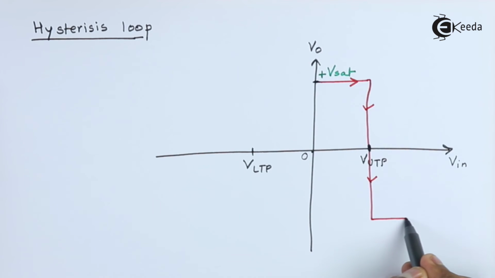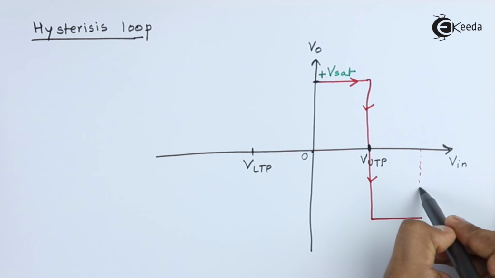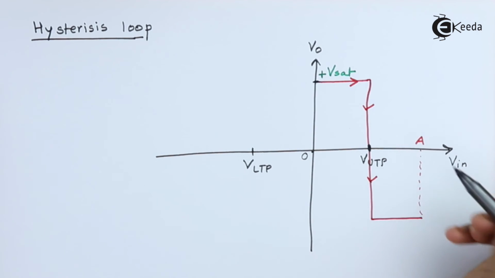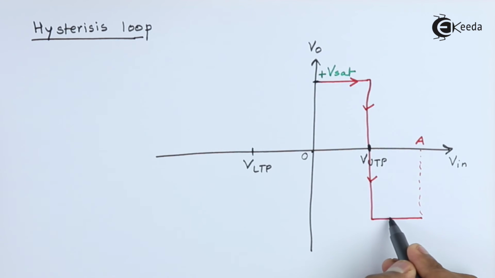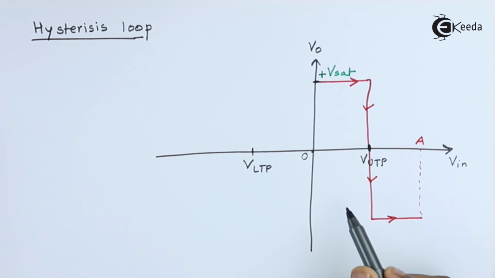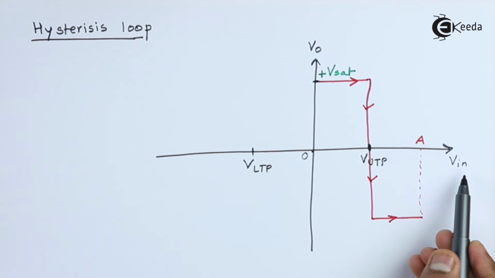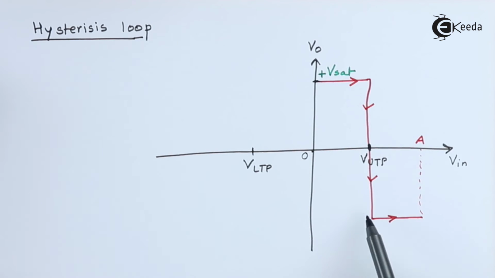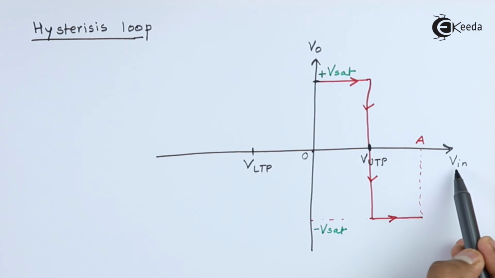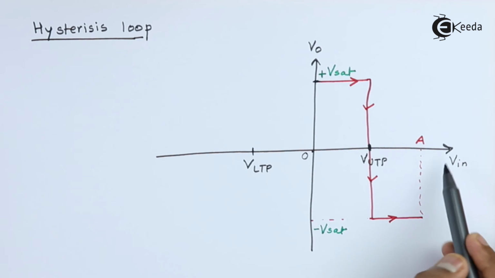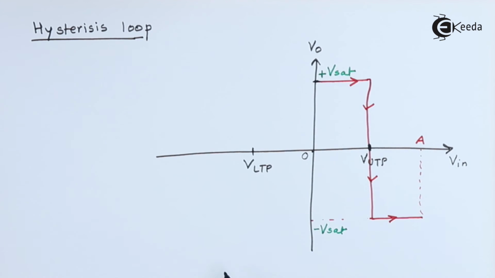So we will be having a constant value, that is minus Vsat, up to the point that is the maximum value, that is A over here. For our example, A was the maximum value for the positive side. This is the variation of the output voltage with respect to input voltage if Vf is equal to VUTP. Now as soon as this VO is minus Vsat, now we will take this as minus Vsat. Now Vin will change its value from positive peak towards the negative peak, and as soon as it gets the change,